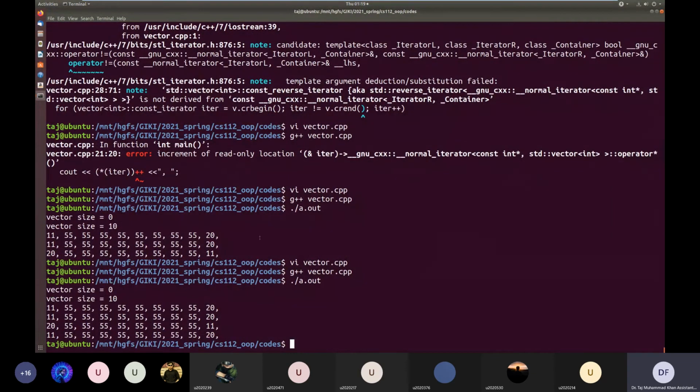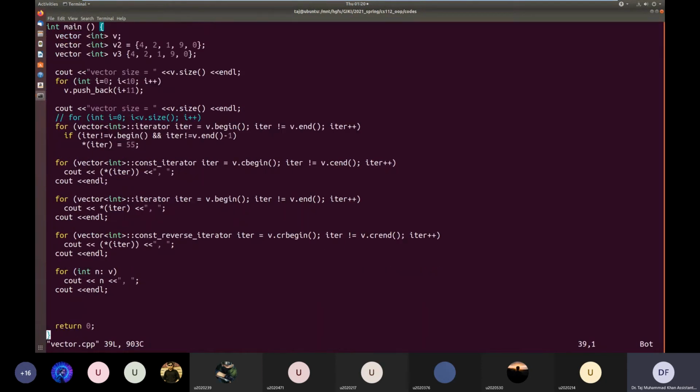So you see, the range for loop is printing this vector from start to end. One by one, every element's value is being assigned to this n, and inside the loop body, we can do whatever we want to do with n. So this is the syntax of the range for loop.